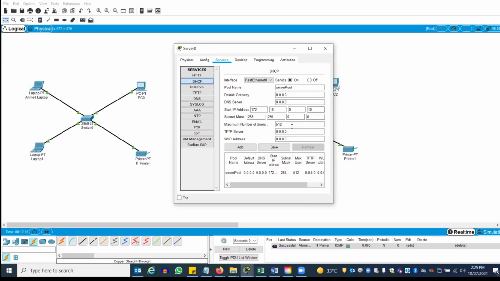Let's make it 10. Now, maximum how many? I don't want 512 users. I will put 50, so a maximum of 50 devices can connect, starting from 10. Then save it. So now this will show here, right? Okay, I have saved it.